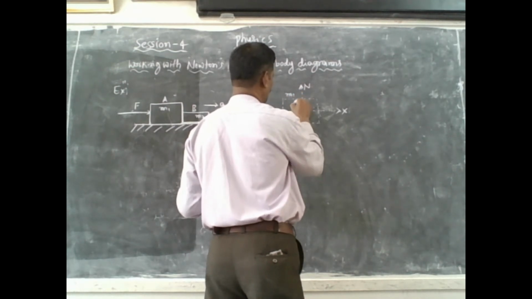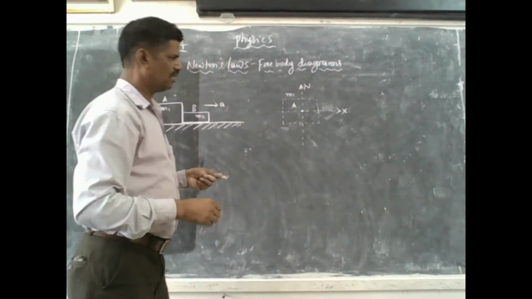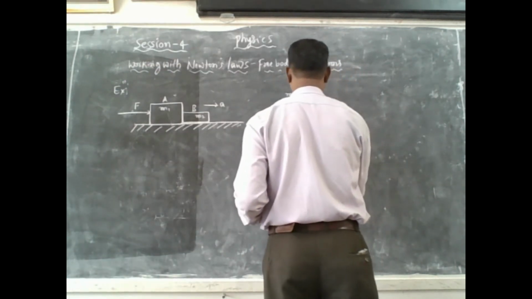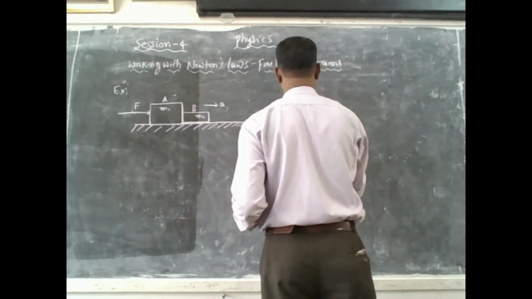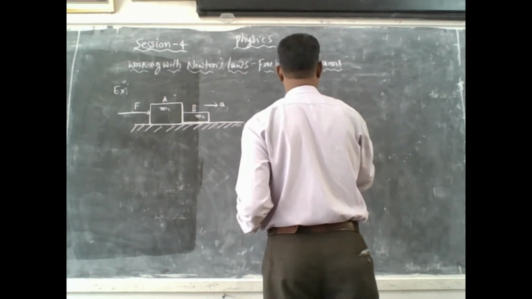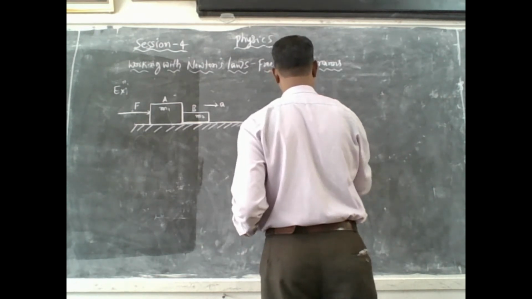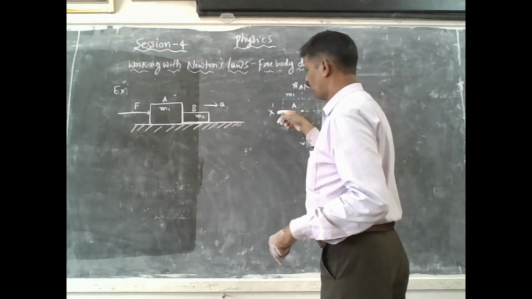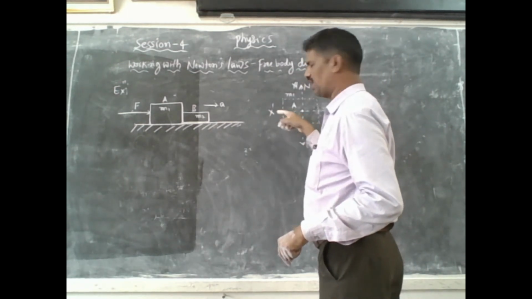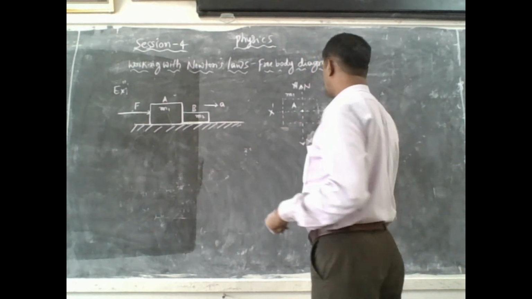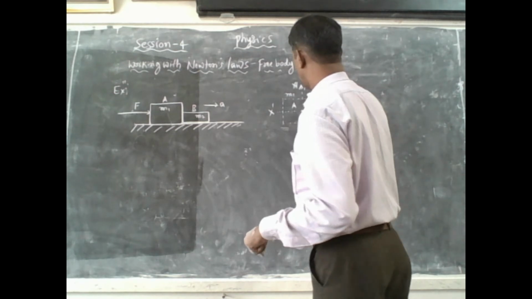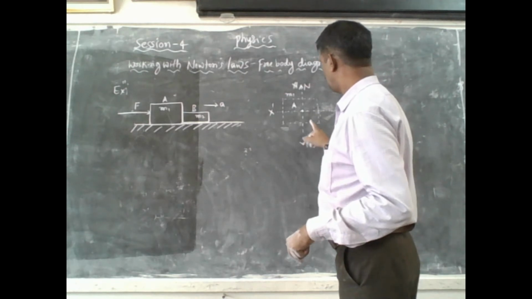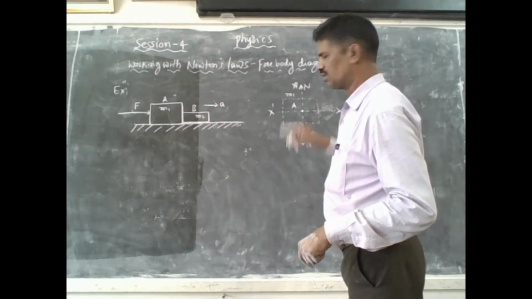The mass is M1 or mass A, body or block, any block A. And this is x-axis, this is x dash, y dash, x dash. So if the frictional force is developed in negative direction, the motion of the body will be in x direction, isn't it? And here also normal reaction. The weight of the body is in y direction. The normal reaction should be in upward direction, isn't it?